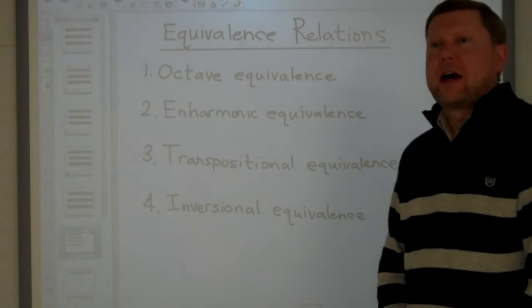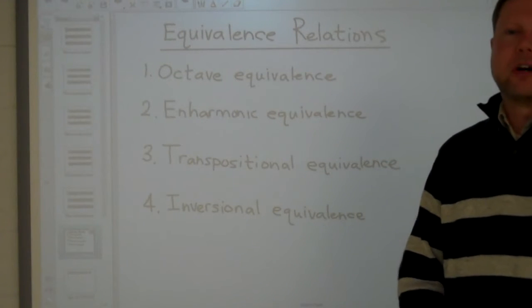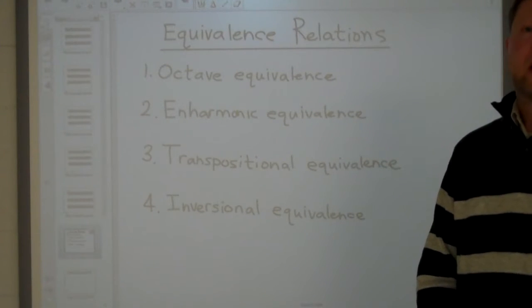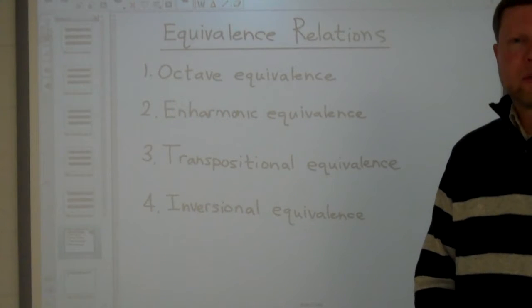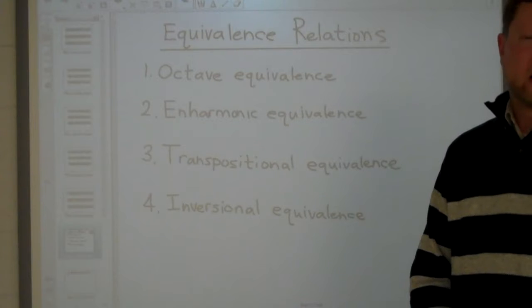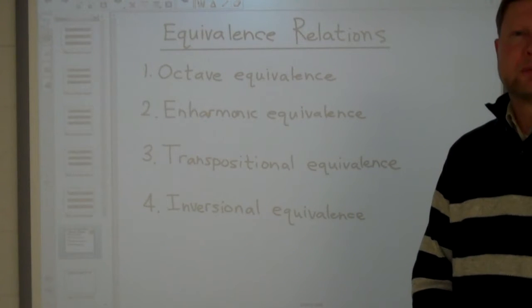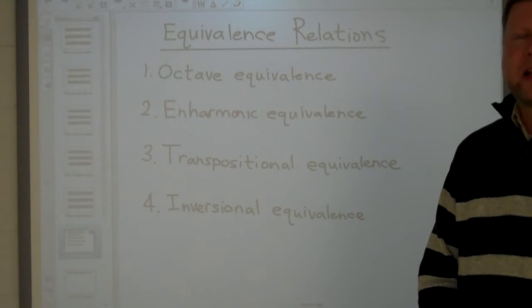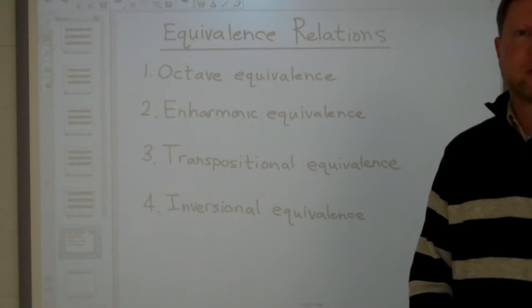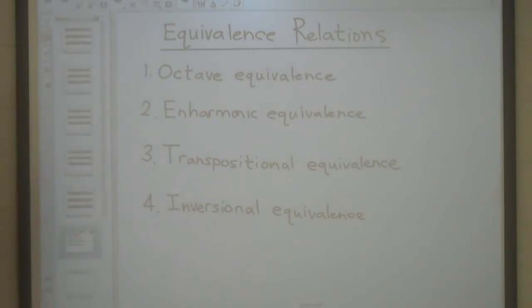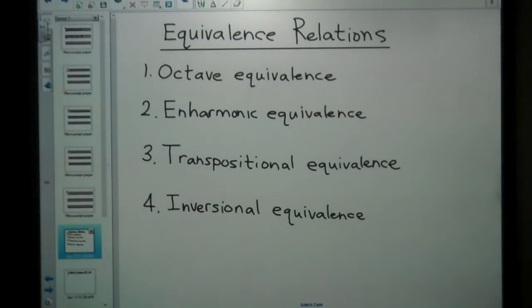In order to start talking about equivalence relations, I need to let you know that set theory or atonal theory implements four different equivalence relations. It kind of assumes that these relationships are true. Let me go ahead and dim the lights so we can take a look at what these four equivalence relations are. First of all, we have octave equivalence, then enharmonic equivalence, transpositional equivalence, and finally inversional